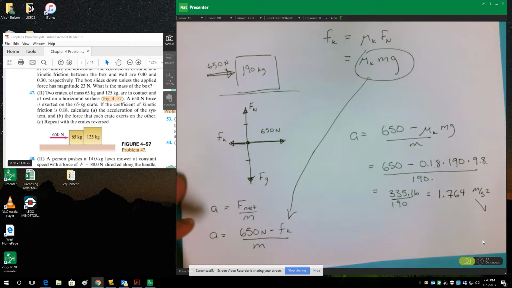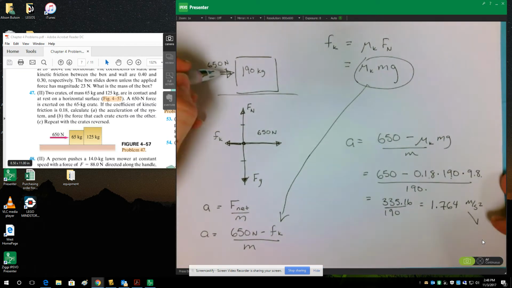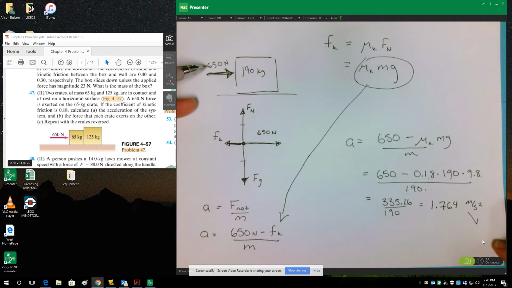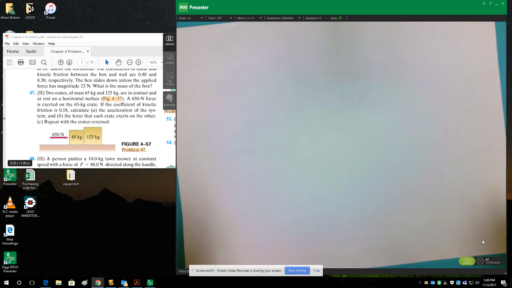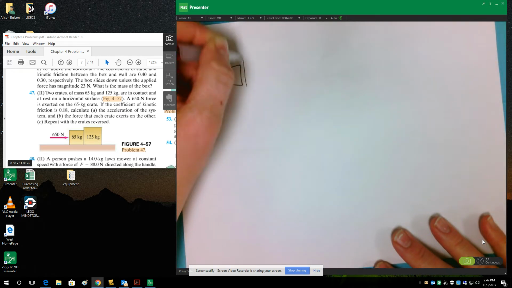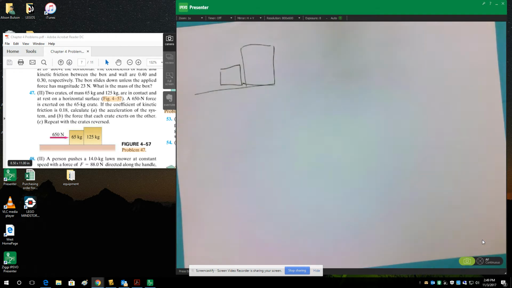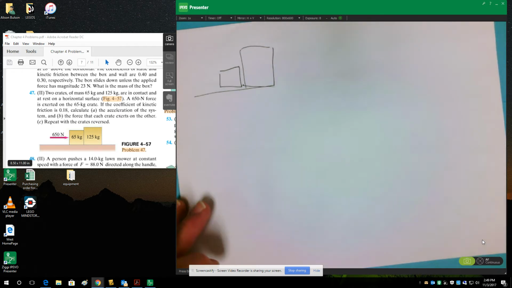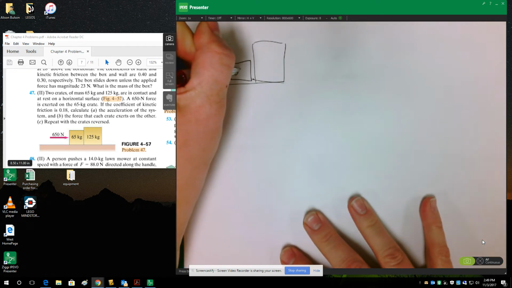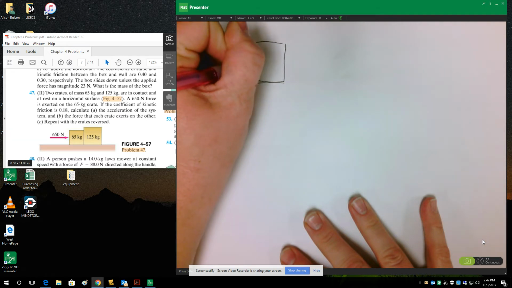Again, we considered this problem as if a single external force of 650 was pushing on a larger crate with total mass 190, and then we figured out what friction would be involved there. So now for part B, we can't consider the system to be a single block. Now we have to consider the small and the large block, because we want to know what force the small block exerts on the big block, and in turn, what force the big block exerts on the small block. So we're looking now at the action and reaction forces